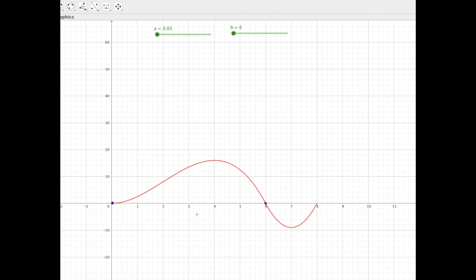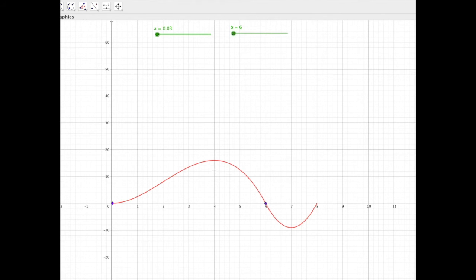Now, in terms of displacement, that means that at this point, when t is 6, the displacement is 0, so it's back where it started. When t is 8, it's back where it started. So, in order to find the distance, as it says in the answer, we have to think about the fact that it travels